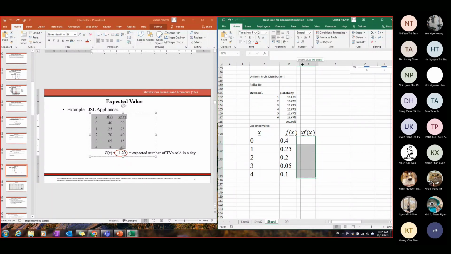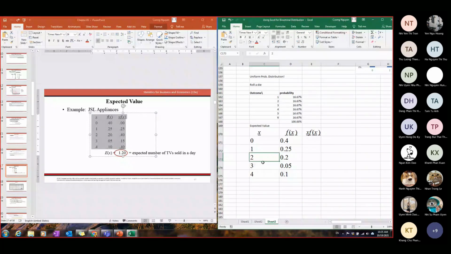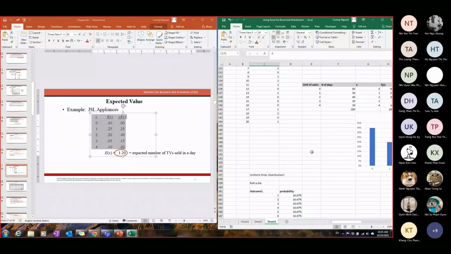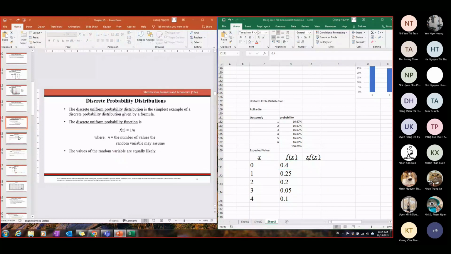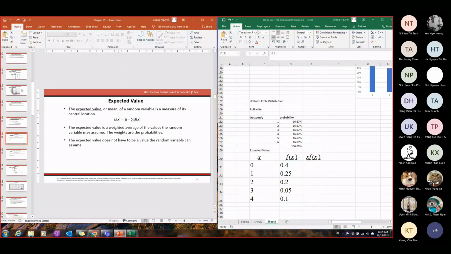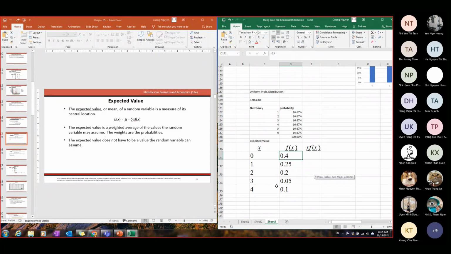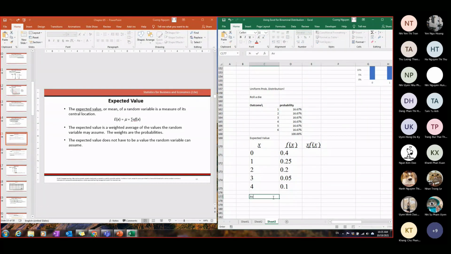Okay, yeah. So in case 0, 1, 2, 3, 4, I already generated all of these, and this will be the probability of each outcome. Now people want to see the expected value, or the mean of a random variable, which is a measure of central location. That means what will be the average number of TVs sold each day? If they have a question like that, I have to find what people call the expected value.